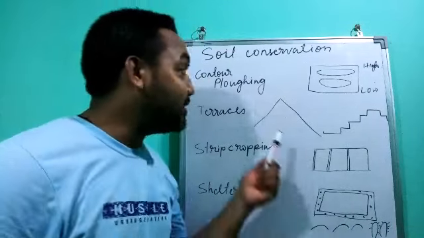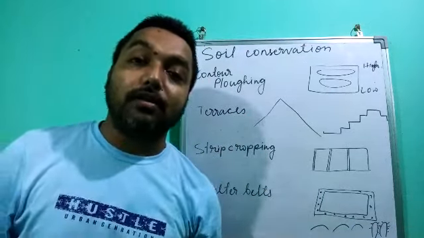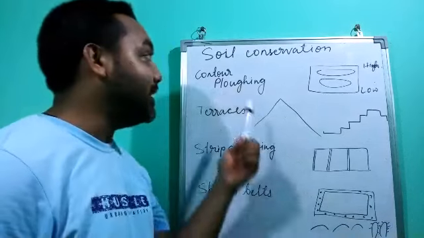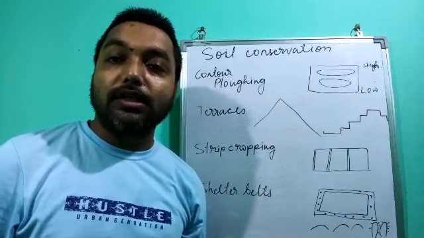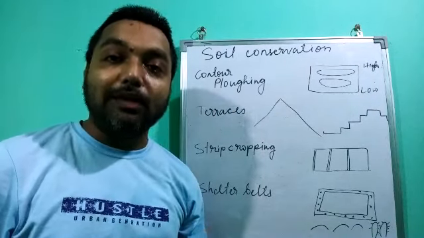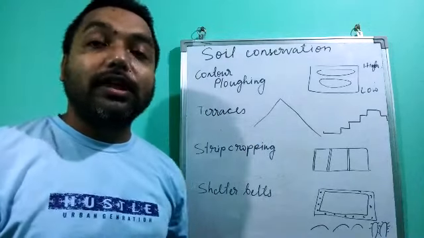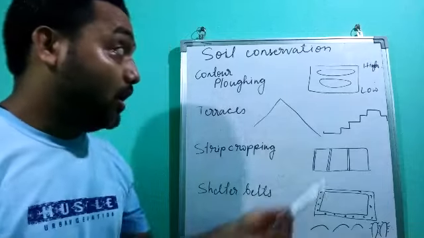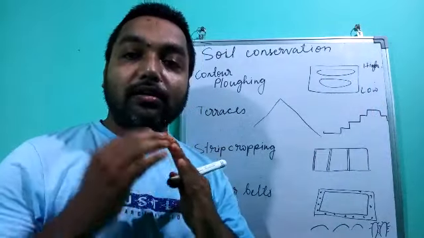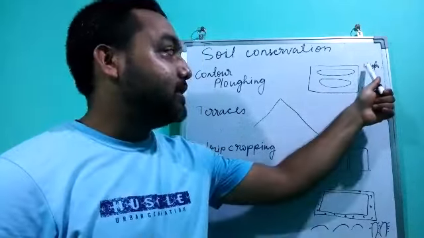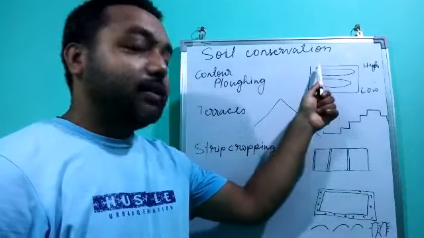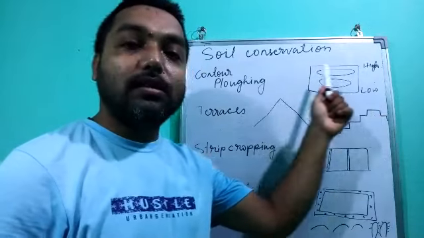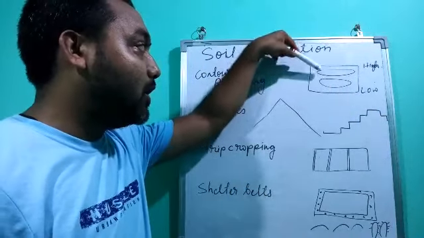So let us move to the next point, that is soil conservation. There are different methods that can be applied for soil conservation. The first method is contour plowing. We have already discussed the wrong method of plowing. Plowing along the contour line can be helpful for soil conservation, because this is the mountain, high and low. Here this side is high and this side is low. Instead of plowing in this way, if it is plowed like this,